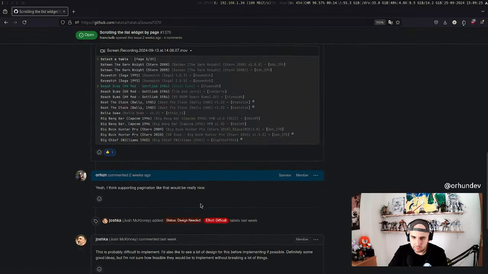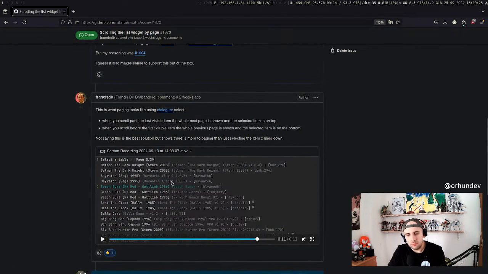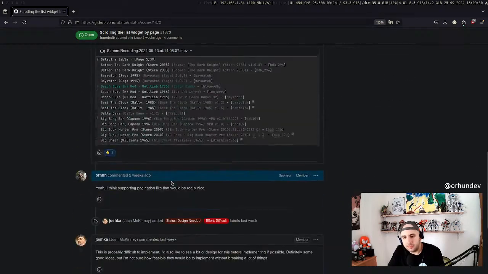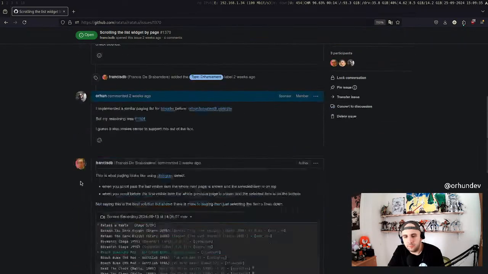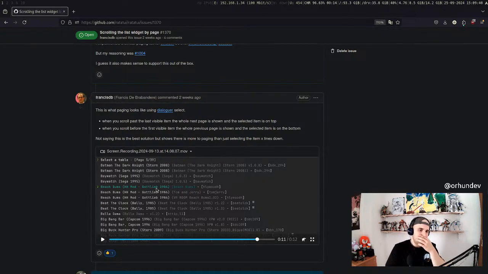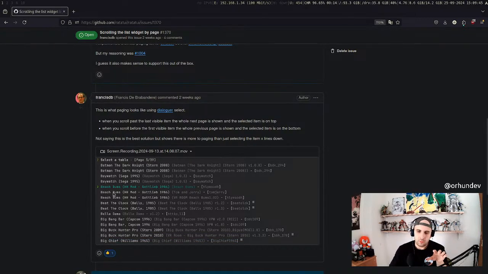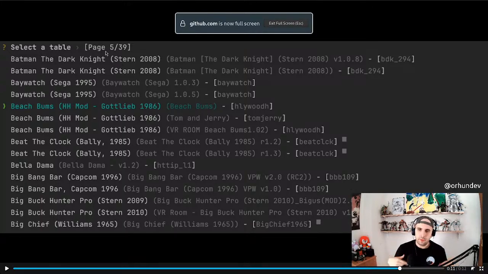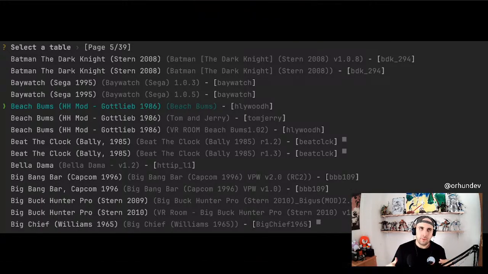Yeah, it's basically saying that, I mean, it is possible, but it might be a little hard to do something like this, because it's not just having some paging functionality, it's also having some kind of indicator. So while you're updating,